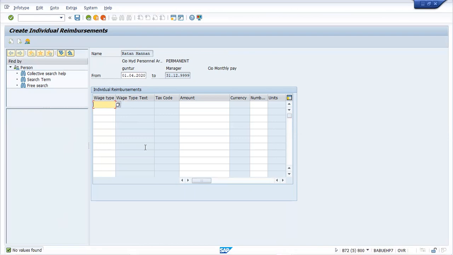There is a reimbursement wage type, and there is a specific table, which I think we have come across in the past also. I'll be putting it in the chat window. We just have to go to that particular table, that is T7INA9.